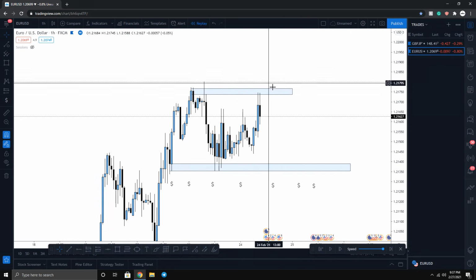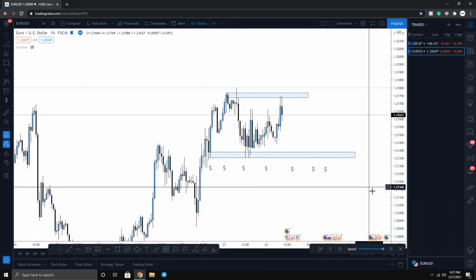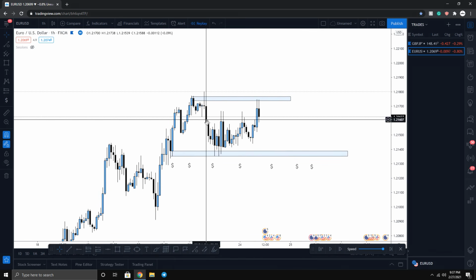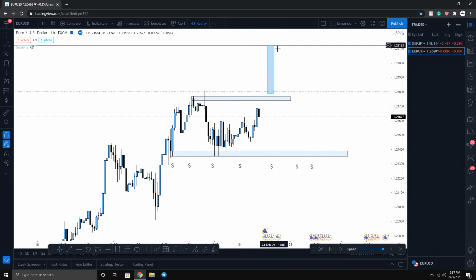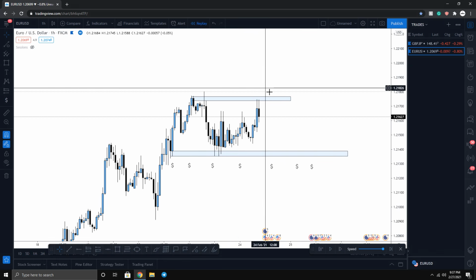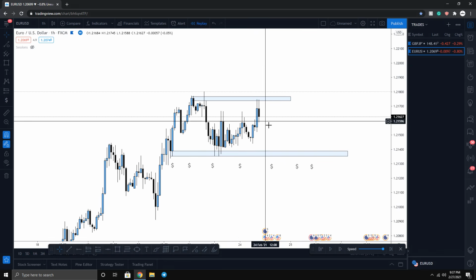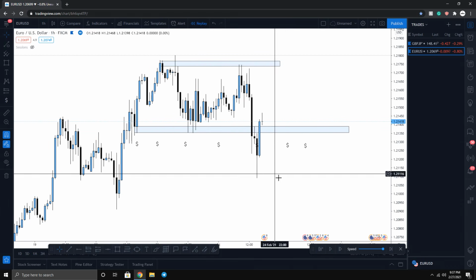We don't know if the market's going to take the sell side liquidity first or the buy side liquidity first. But all we know is we're not entering inside of this range. We have to wait for the liquidity to get grabbed, either from the high or the low. After the liquidity gets grabbed and everyone gets stopped out, that's when we can proceed with entering our trades. So boom, right over here, what do we see?